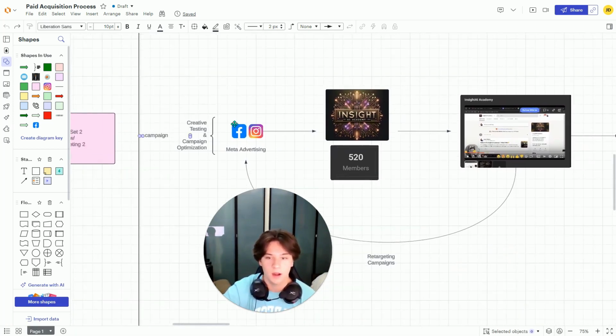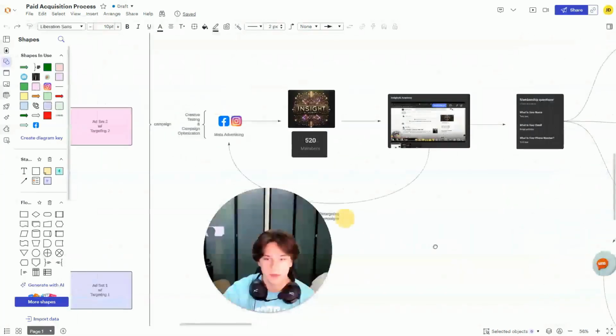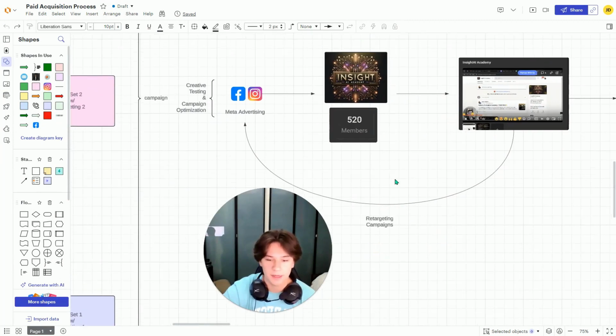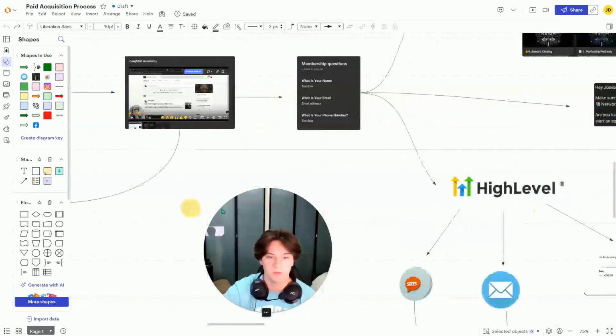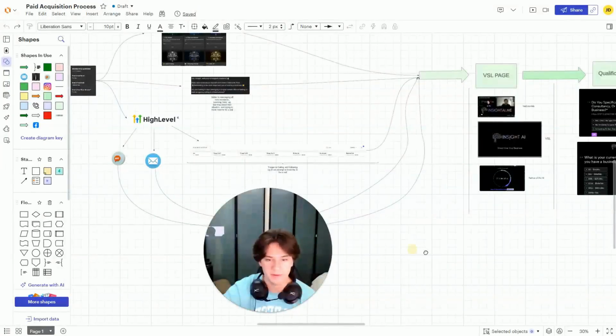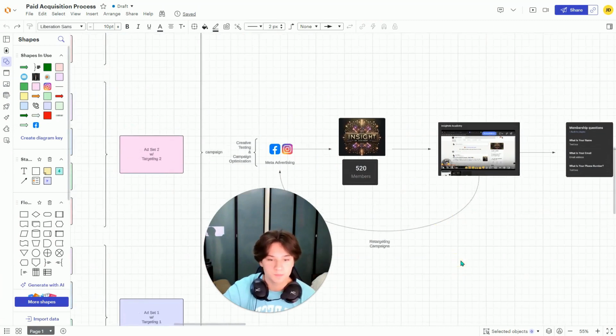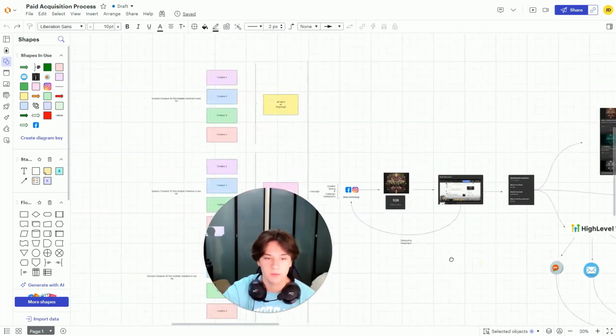Okay, then all of these ads that we're running here, they get sent directly into our free community. Now, what was happening is we were running ads directly to book a call. So they'd enter the VSL and then book a call, right? But what we found was the issue was we didn't have that trust factor. Like, we're not Iman Gadzhi, we're not Alex Hormozi, okay? So these people that are booking calls with us, we were expecting them